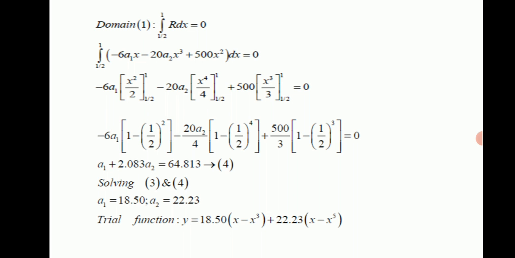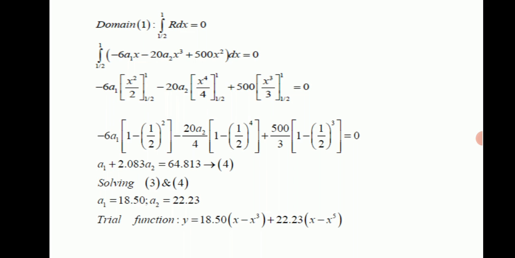When integrating minus 6a1 x into dx, we will get minus 6a1 x square by 2, because x dx is equal to x square by 2. x cube dx is equal to x power 4 by 4, and x square dx is equal to x cube by 3. So when we apply the limit, we will get the equation as a1 plus 2.083a2